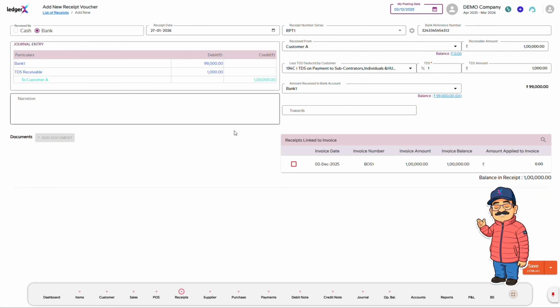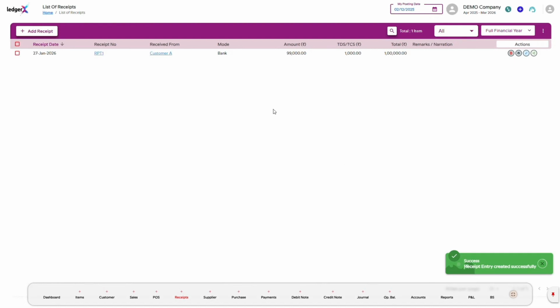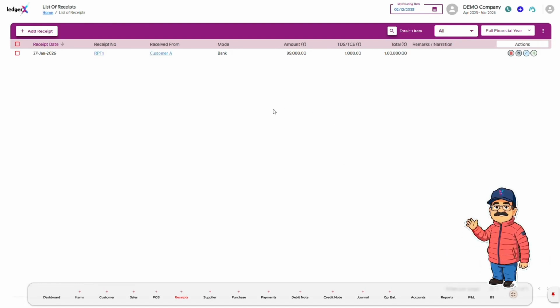Once all required details are completed, click Save or press Ctrl+S to post the receipt, after which the transaction is reflected in the respective party ledger, cash or bank ledger, and relevant reports for accurate tracking of incoming payments across